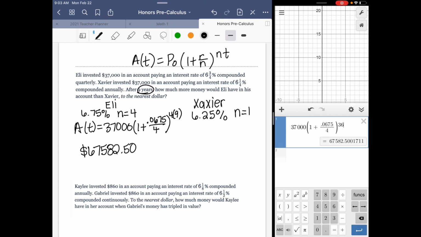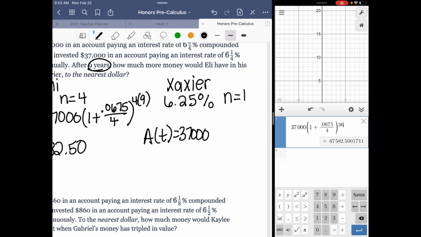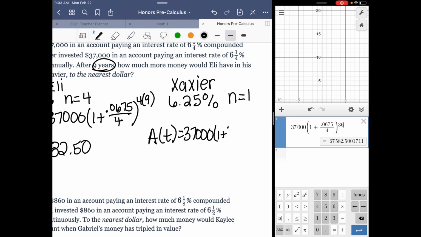in his account. Now, we're going to do the same thing for Xavier. We would change his interest rate. So we have A of t. He still has 37,000. And we have 1 plus, this is going to be 0.0625 over 1. You do not have to do it over 1 if you don't want to. You can just leave it like a normal formula. But I'm going to go ahead and convert all of that right in Desmos, so I don't have to retype everything. And this is going to be 9. So we have